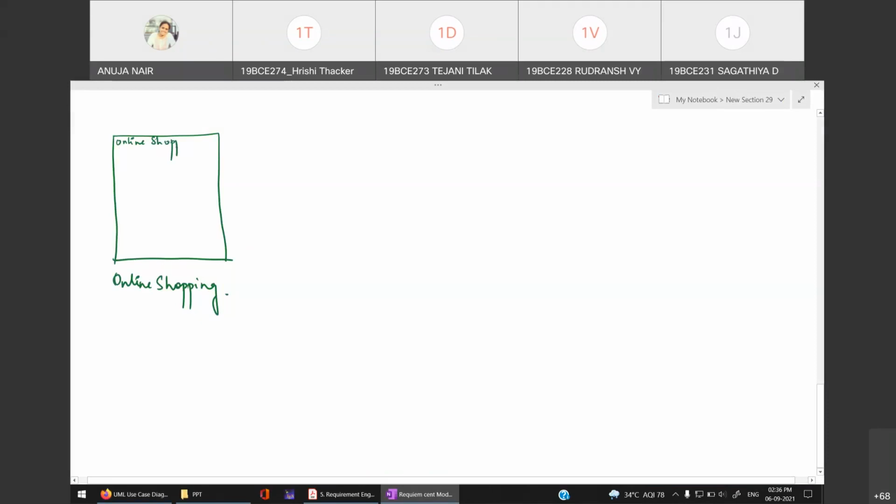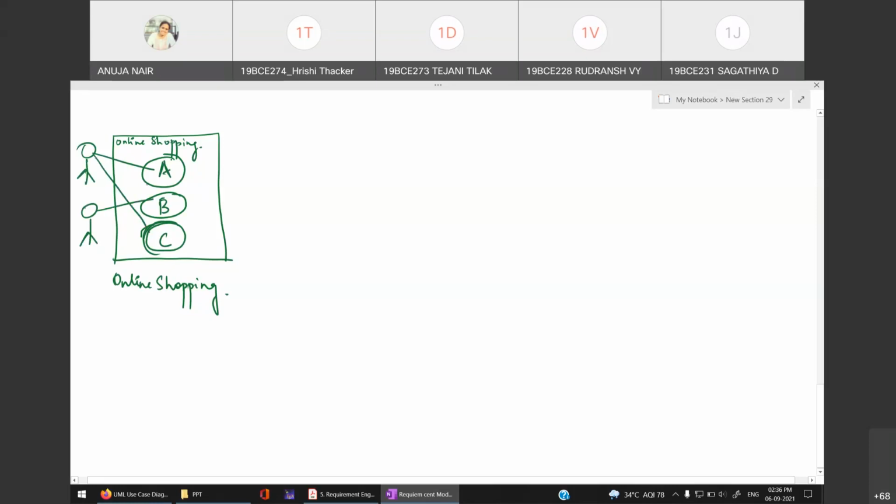Okay, and then you will have three use cases. Let me just give an example. Okay, this is just an example. So I have three use cases. This is A, this is B, and this is C. And then all actors that I have would be connected to A, B, and C.